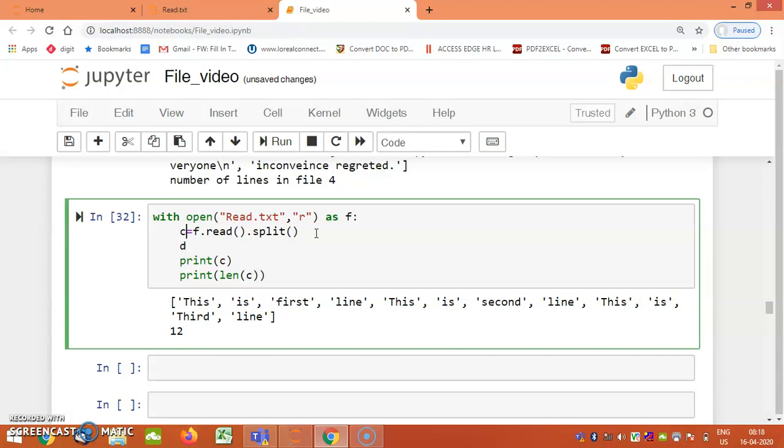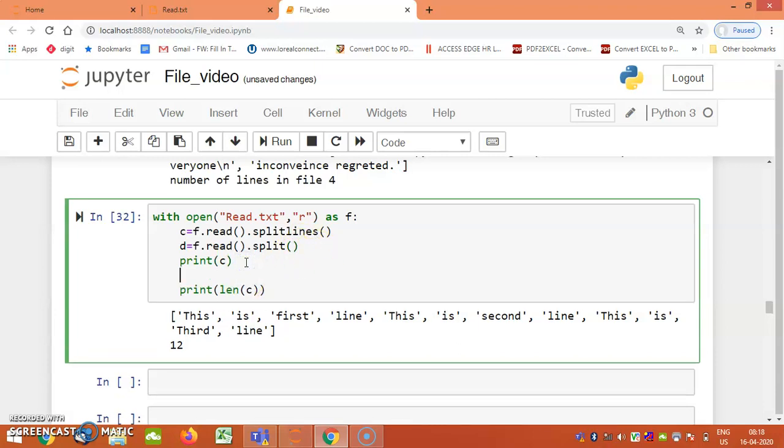C is equal to, let it be splitlines. Then the next will be D is equal to f.read().split, and then I will print C as well as D. I don't want to print their length now. I just want to print